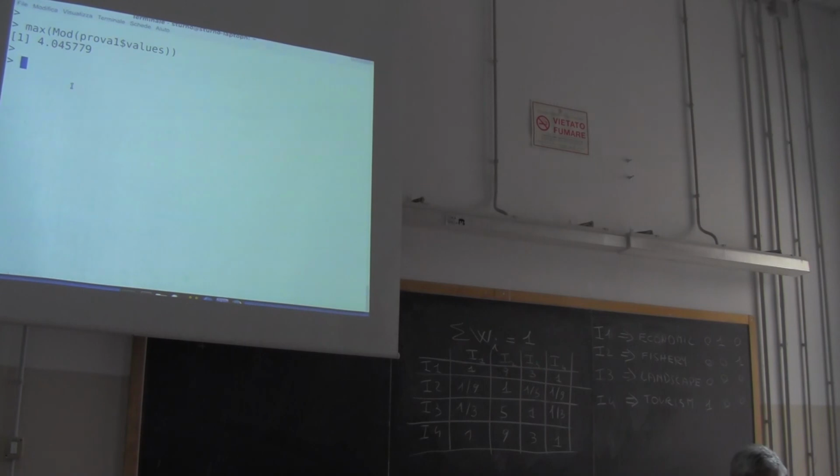And what is a criteria for taking a decision? Is it close to 4 enough or not? Now, there is a criteria which is based on the computation of a statistic, which is called here in the